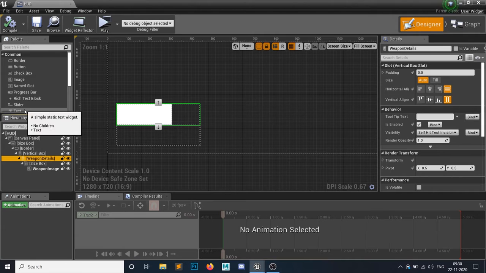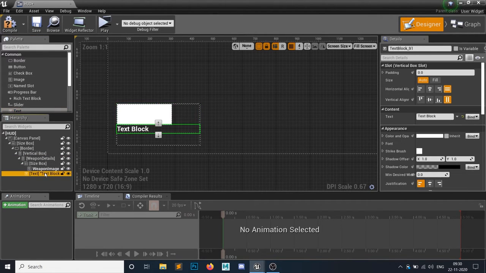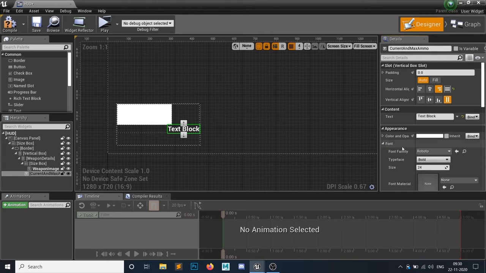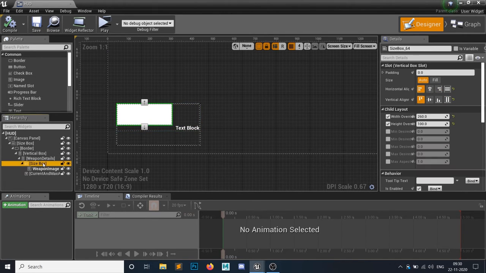The second thing I need is a text, and this would be our current slash max, current and max ammo. I think this would be aligned to the right side, and let's make the font size a little bit lower, 18. Okay, so we have our current and max ammo text.